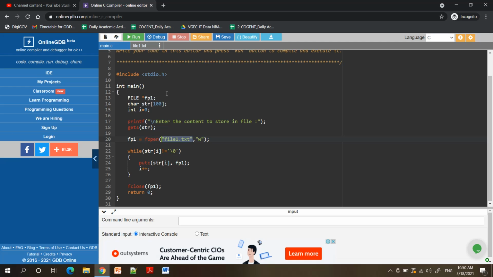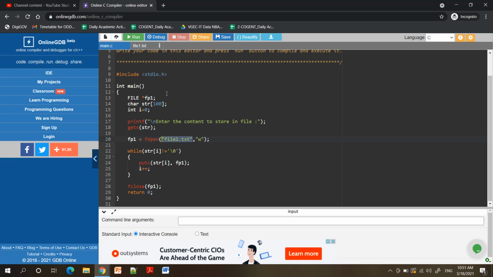Now there is a difference between write mode and append mode. Whenever you open a file in write mode, the file will be opened and all the previous data will be truncated. So your file will be empty and then it will be ready for writing.